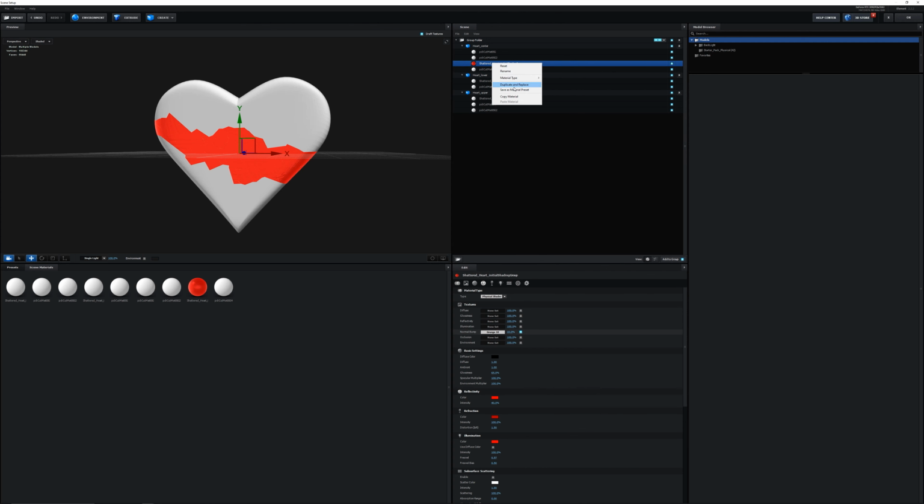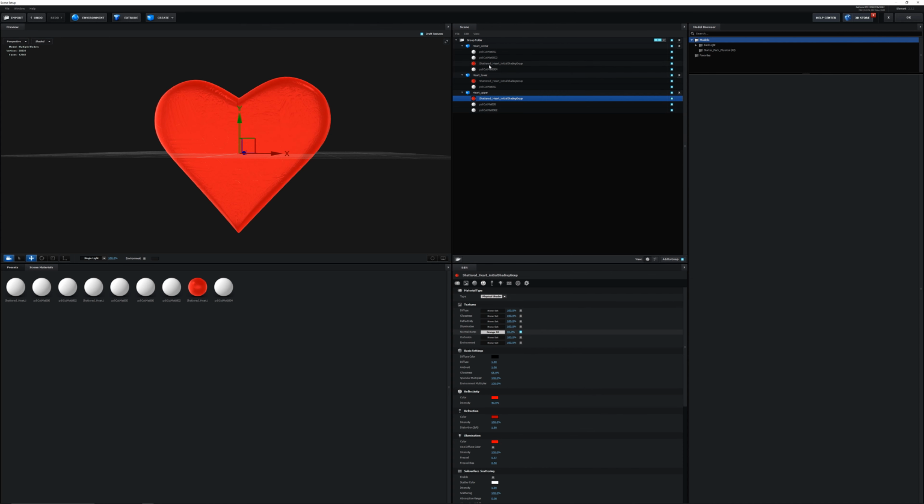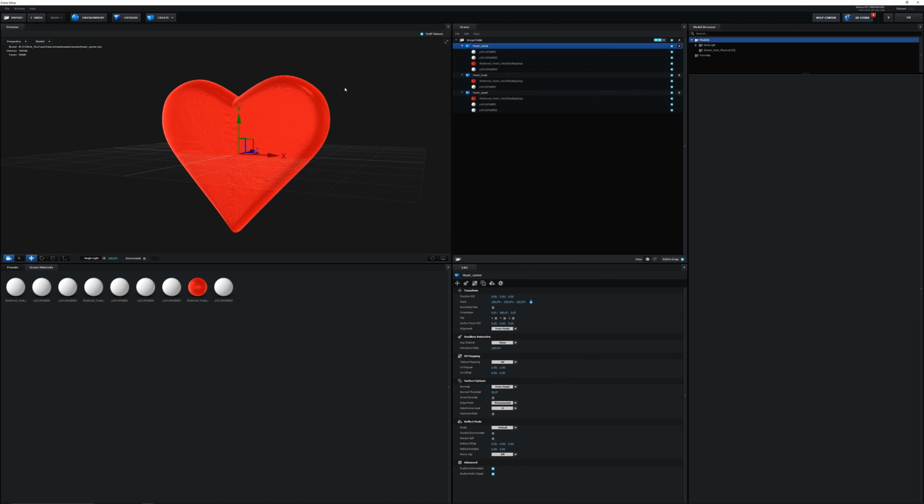So just right click over this one, copy material, and then paste material and paste material. So all 3 of these are actually the same. They're just instanced, but we can just see the geometry a little bit better now. So if we go back up to the heart center, go to UV mapping and change the texture mapping to box. Then on the UV repeat, I'm just going to stretch that out a little bit, and we'll do something like 0.3. And then do the same thing for the heart lower. Once again, change this to box, 0.3, box, and then 0.3 for the Y parameter.